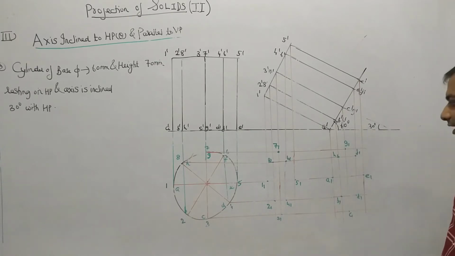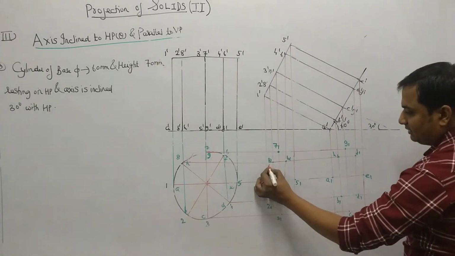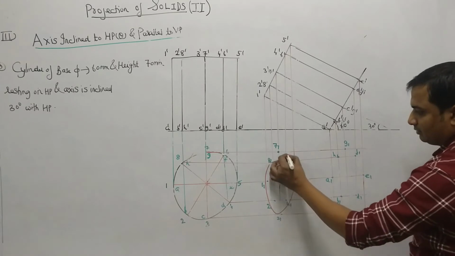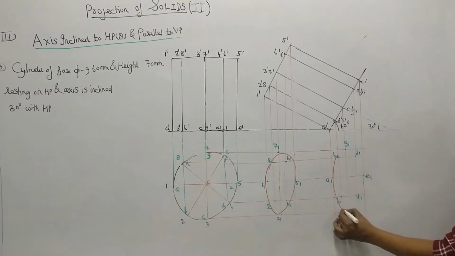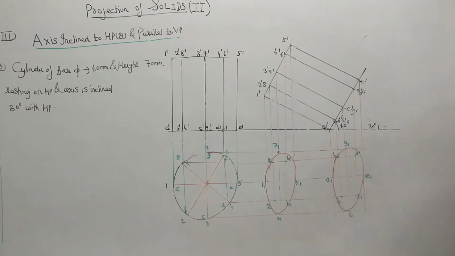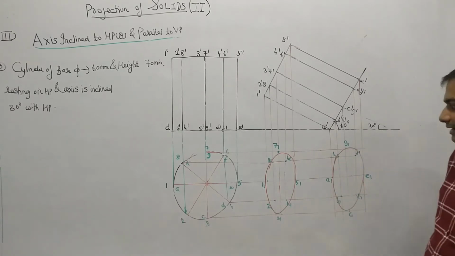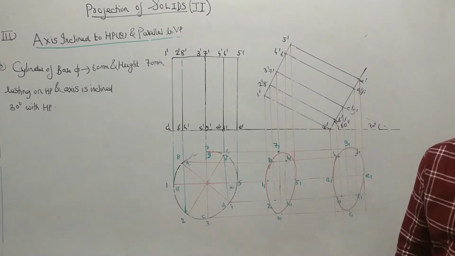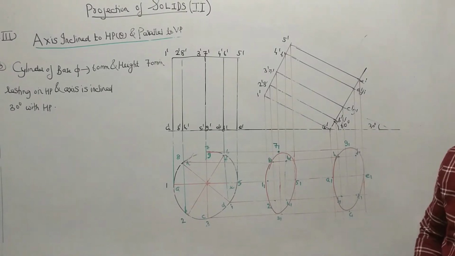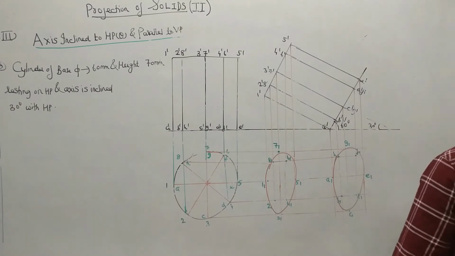So first, what we have to do is, first by joining these 8 points, complete the ellipse here. Again, join these 8 points, complete this ellipse here. Okay, so you will be getting 2 ellipses. Now what you have to do is, you have to just join both the ellipses tangentially, because when your cylinder